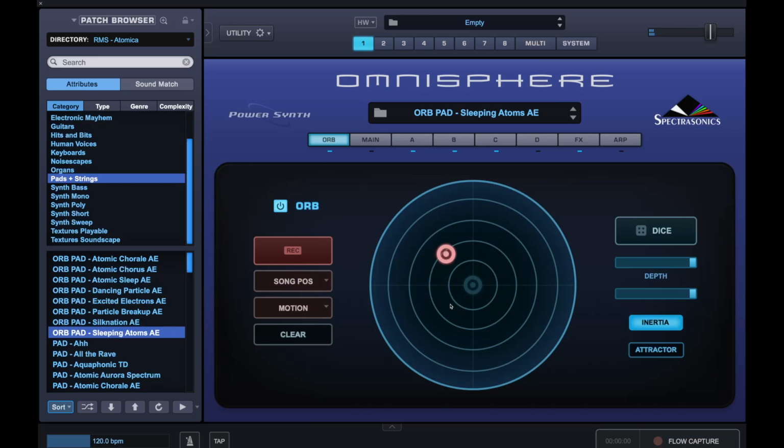Now, this isn't moving around in random. What I actually did was, you can record your own patterning, and that's what I did, set that to 4 bars, press the record button, and then just grab and move that around. And I moved it in a certain way to get this